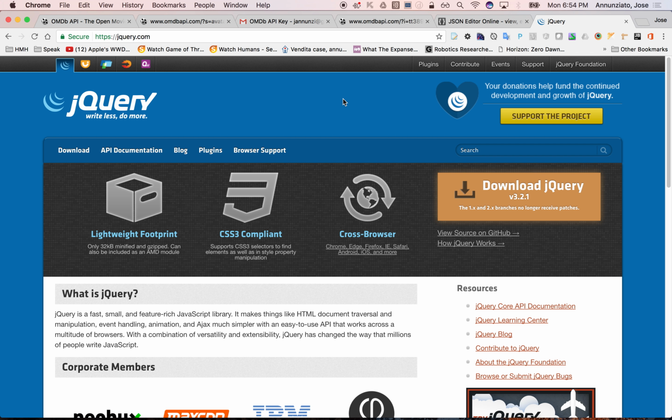jQuery came about. It's one of the most useful and popular JavaScript libraries out there, right? And it's widely used today. It's unthinkable that you would build something without jQuery today. If you have to directly manipulate the DOM, right, and just get dirty with accessing the DOM or adding to a DOM or removing from the DOM, it really makes no sense to do